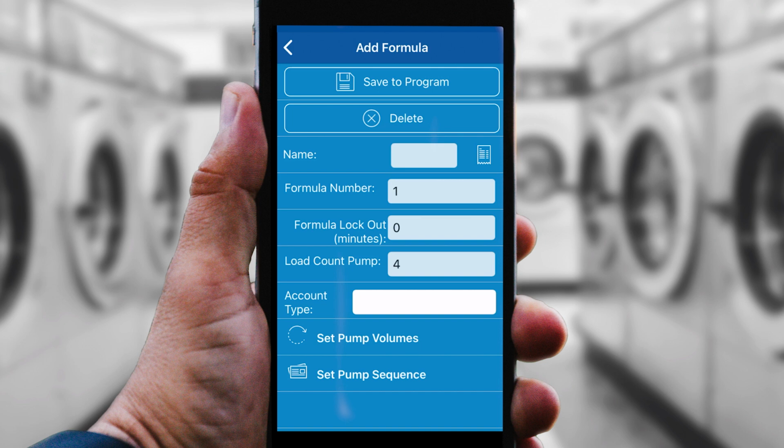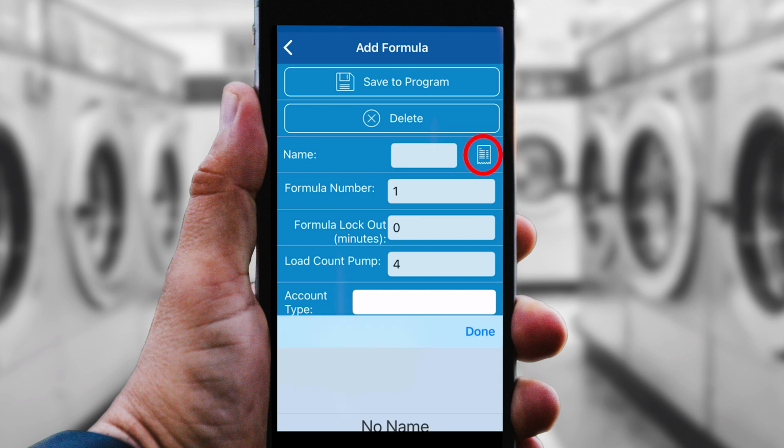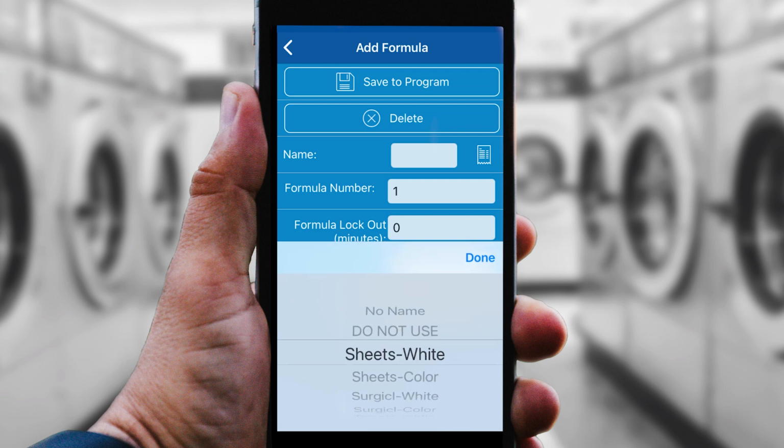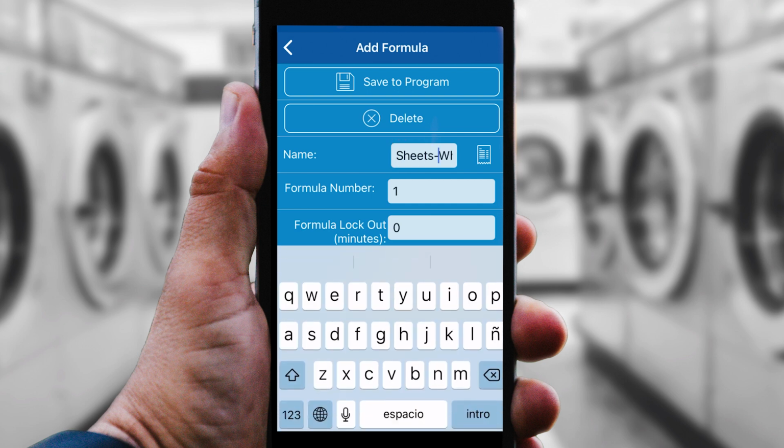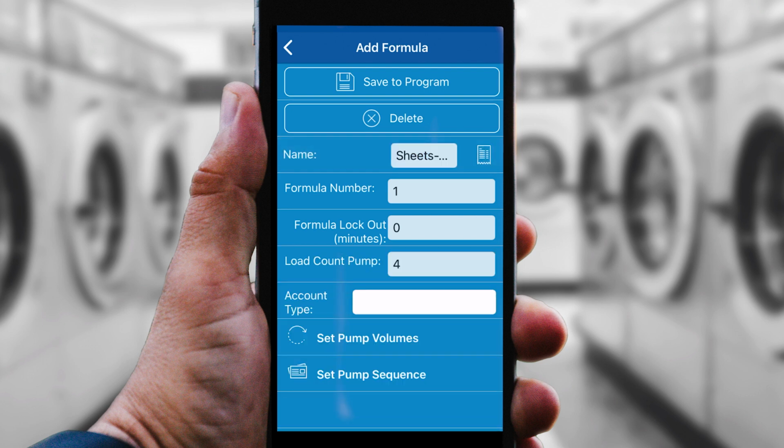So now that I've got a new formula started here, I'm going to go ahead and give it a name. I've got a list of names I can use, so I think I'll use Sheets White. Now again, I could tap on that and put in my own name by typing on my keyboard here, but I'm going to stick with my Sheets White for right now. So I can go down, there's my formula number, I'm going to leave it alone. It automatically gave it number 1 since it was the first one,